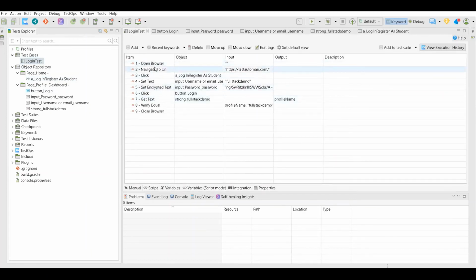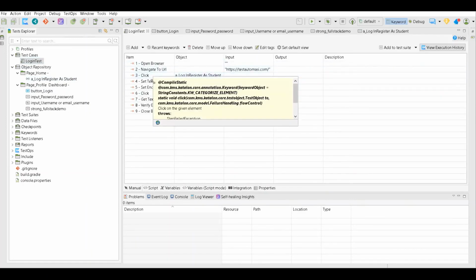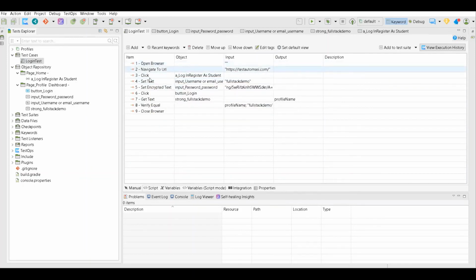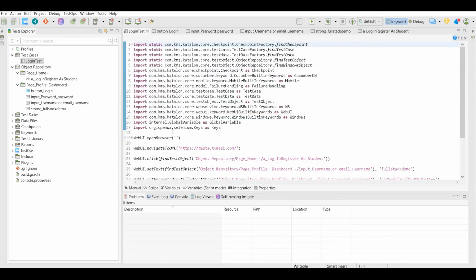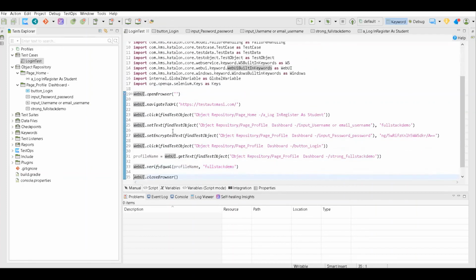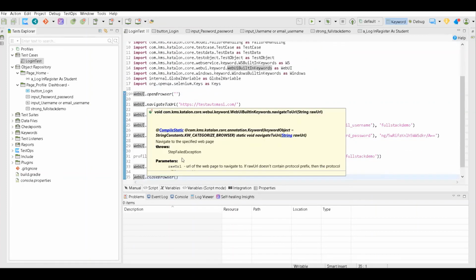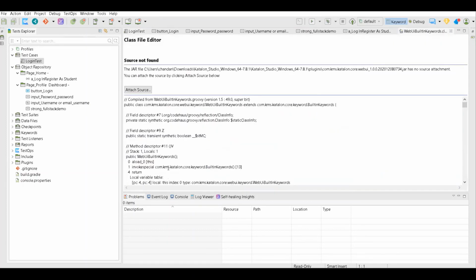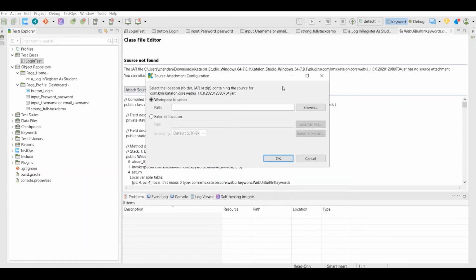So it will open the browser, navigate to URL, click element, which we were already doing in Selenium also, but using our own methods. But in Katalon Studio, they already have all these methods. If you visit this particular method, it will have the definition.